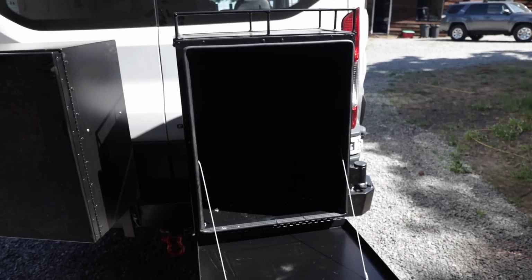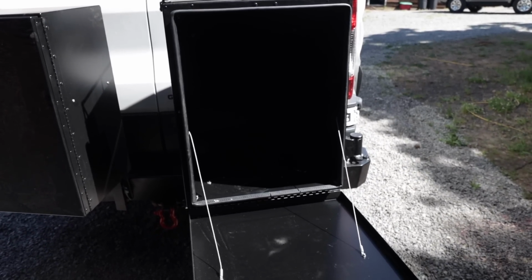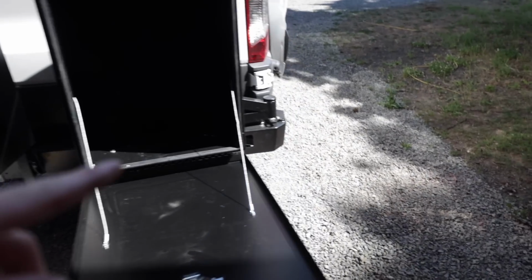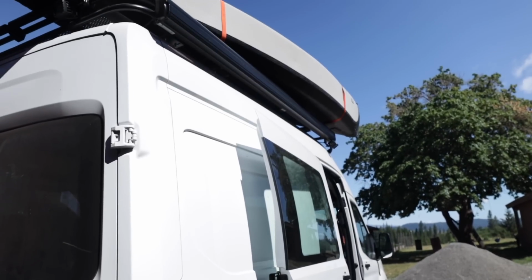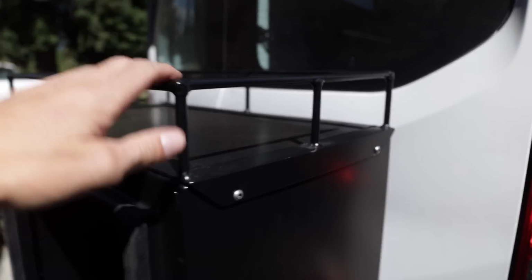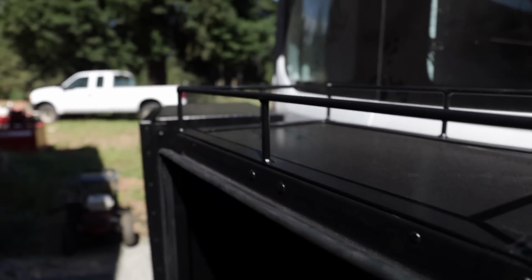All we have to do is drop the lid. She's got all of her stuff in there. She can grab some things out of the refrigerator and start cooking. And that, of course, will rotate around, pin back, and then she'll be able to cook underneath the awning if it's bad weather. I'm going to add another one of these probably to the other side,